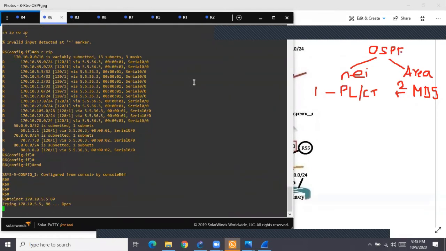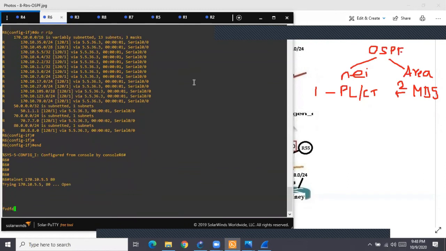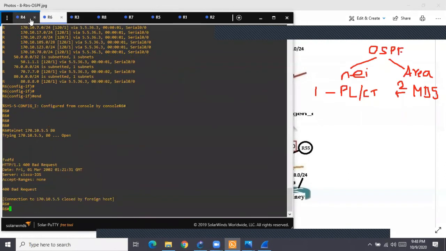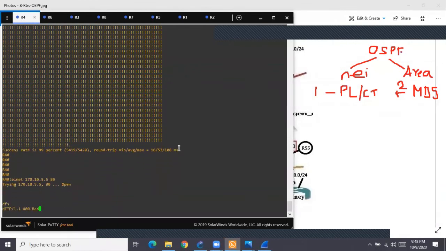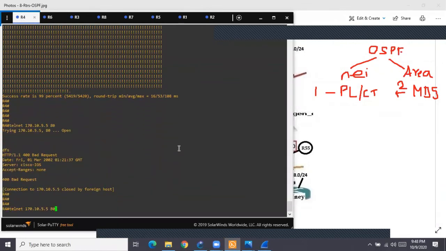R6, if you see, R6 is able to do it. How about R4? Even R4, from the other side, is also able to do it. So everybody is able to do HTTP. Everybody is able to do telnet.